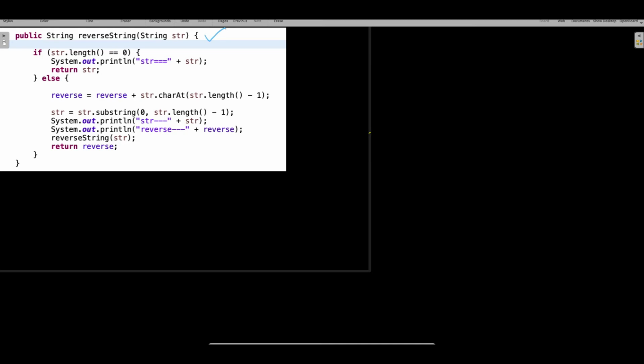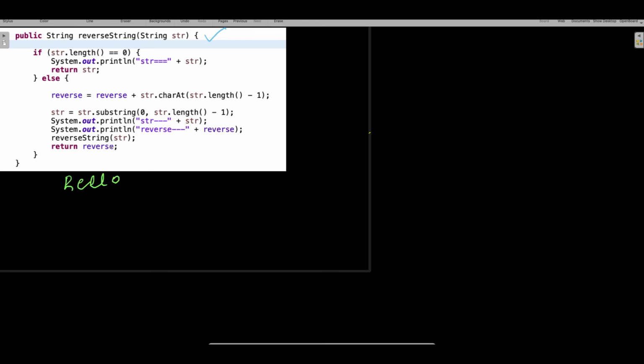Whenever you write a recursion, there should be a termination condition, otherwise it will never stop. So my termination is, when my length becomes 0, return the same string, terminate the program, else...